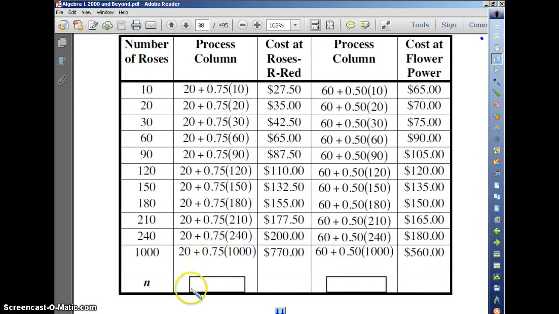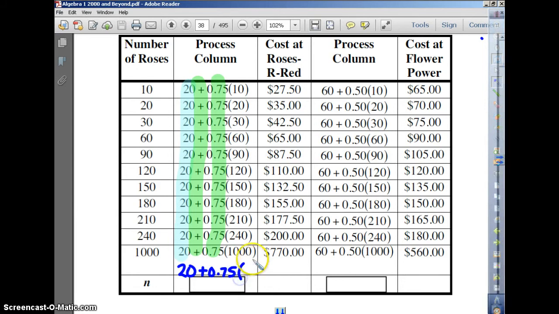Okay, so now we have to figure out what the expression is that goes in each one of these boxes. We're looking for an expression, and this time instead of calling the number of roses 10, 20, 30, 1,000, we're just going to call it n. All right, look in your process column. What numbers never change? It looks like that 20 never changes. The addition sign never changes. And the 0.75 or 75 cents per stem never changes. So down in this box right here, we're going to write 20 plus